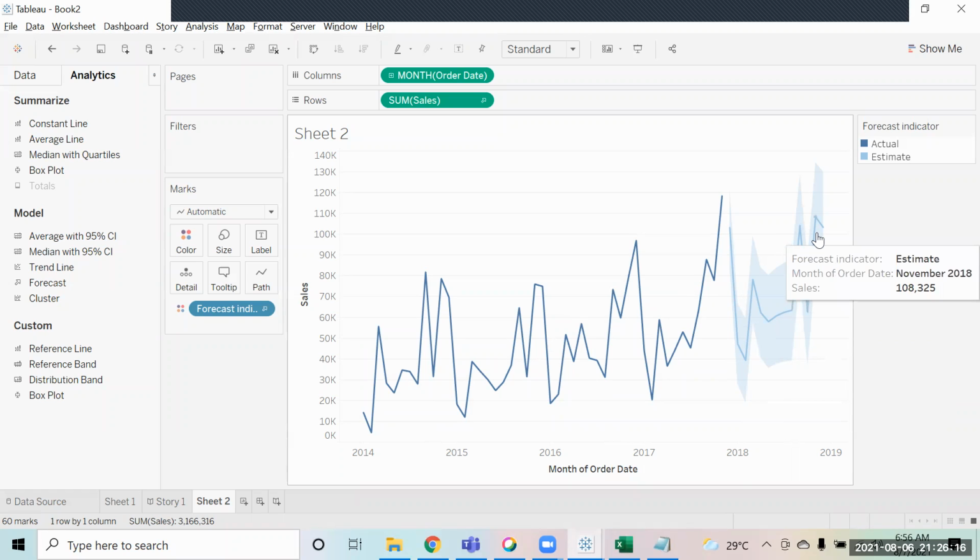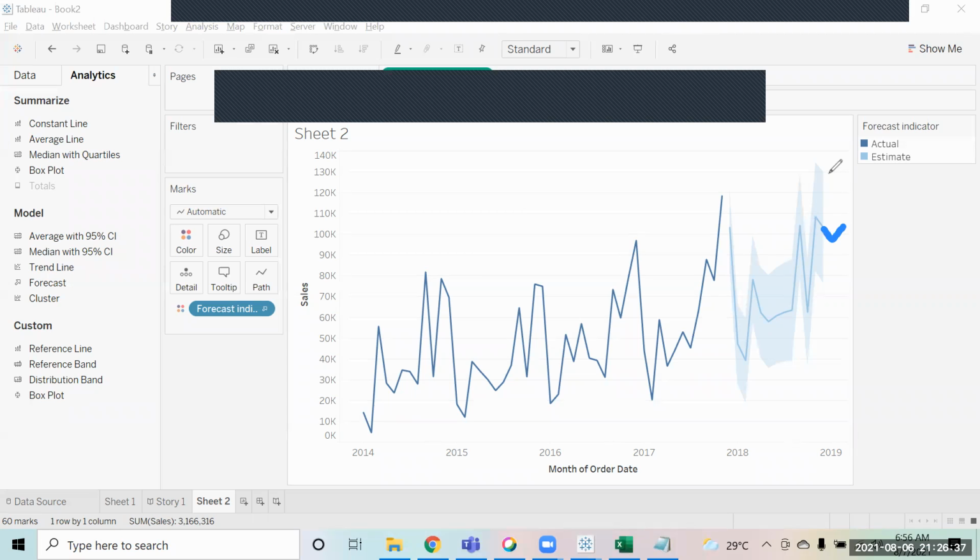Predictions are not always correct. You all would have seen in the temperature forecast that tomorrow's temperature could be 30 degrees plus minus 2. That means there can be a variation of 2 degrees up or down, correct? The same thing this forecast also gives. It is saying this is what the prediction is, but it can be as high as up till here or as low as up till here. So it gives you both limits. It can go above and it can be lower within this range. So this is what a forecast is.